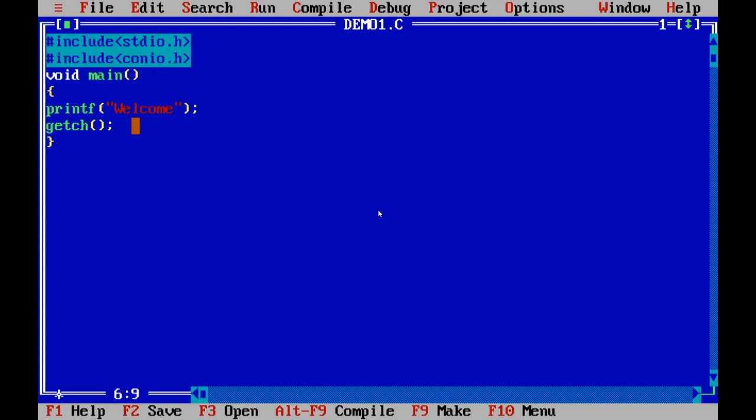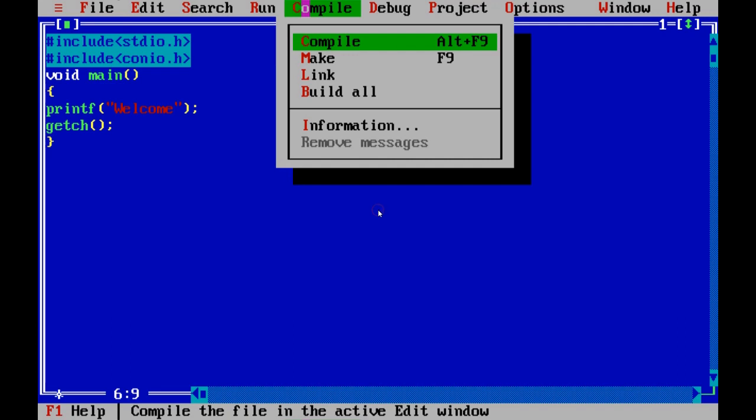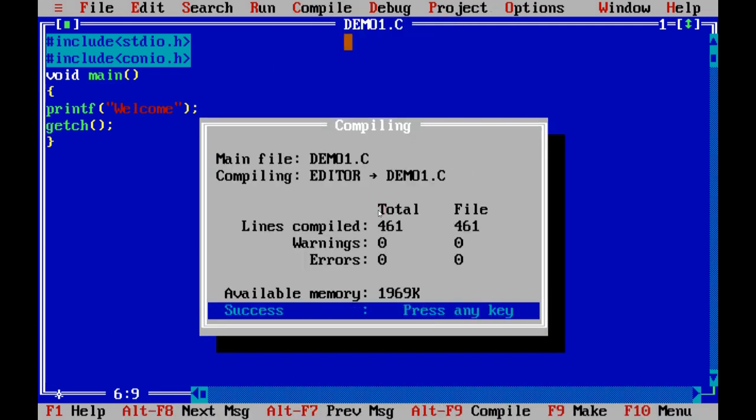You just click the compile menu, and then click the menu item compile. You just see here, the name of the file is demo1.c. Here in the editor, the name is demo1.c, and the lines compiled is 461.